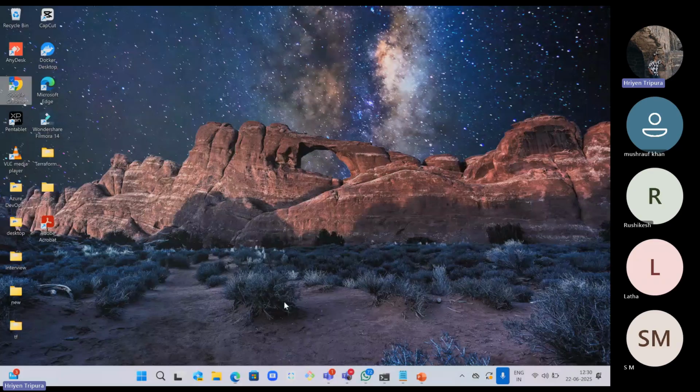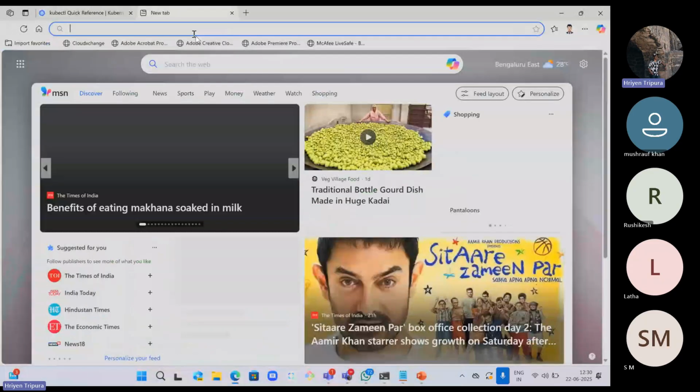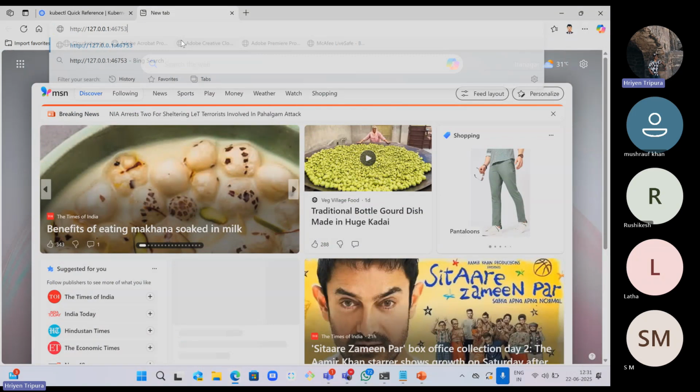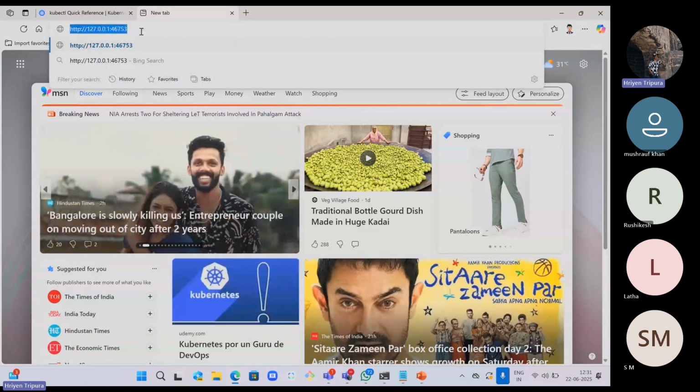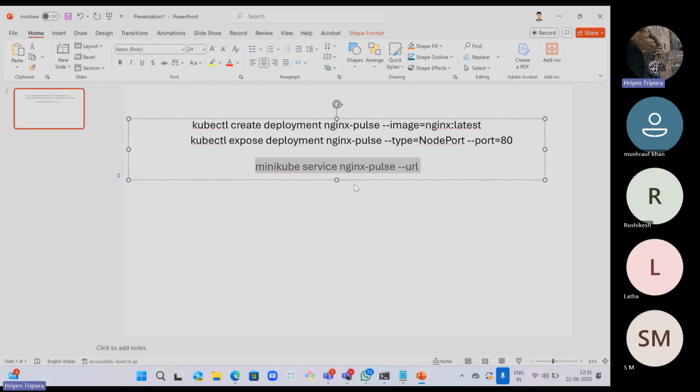Now if I open here, let me open it in a different tab. I'm just copy-pasting the URL of the particular Nginx that got exposed with a particular port number. Now you can see here, Welcome to Nginx, because this is what is coming from the deployment. In the deployment we defined Nginx while creating the deployments. This is just one particular application that is running right now, and then in order to access